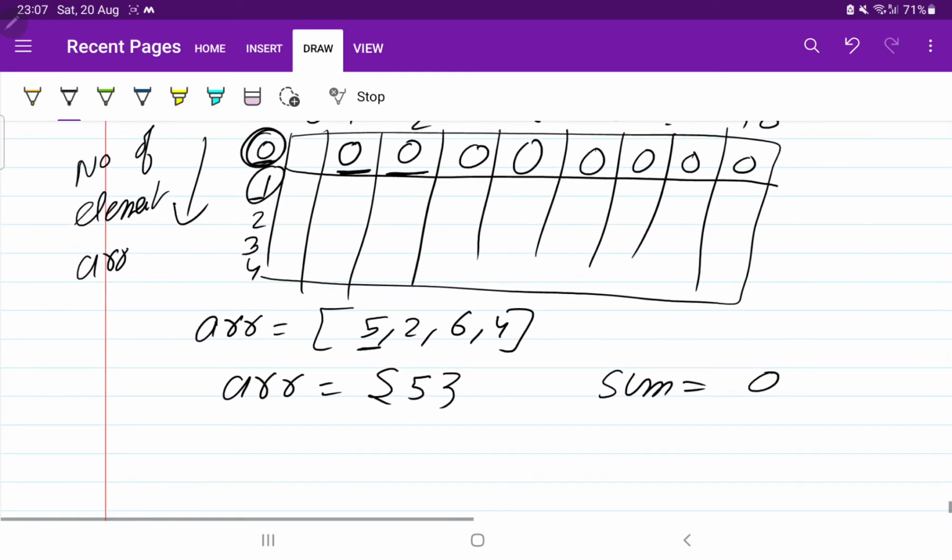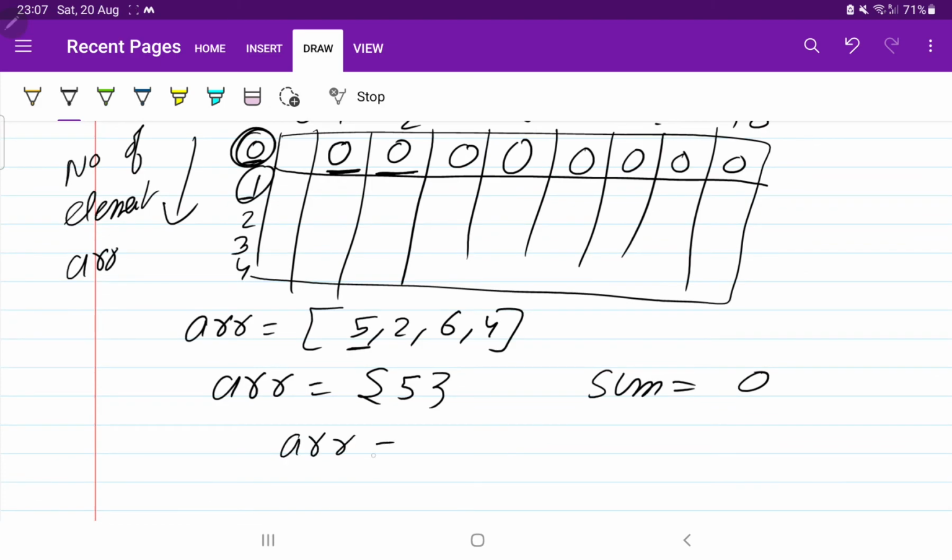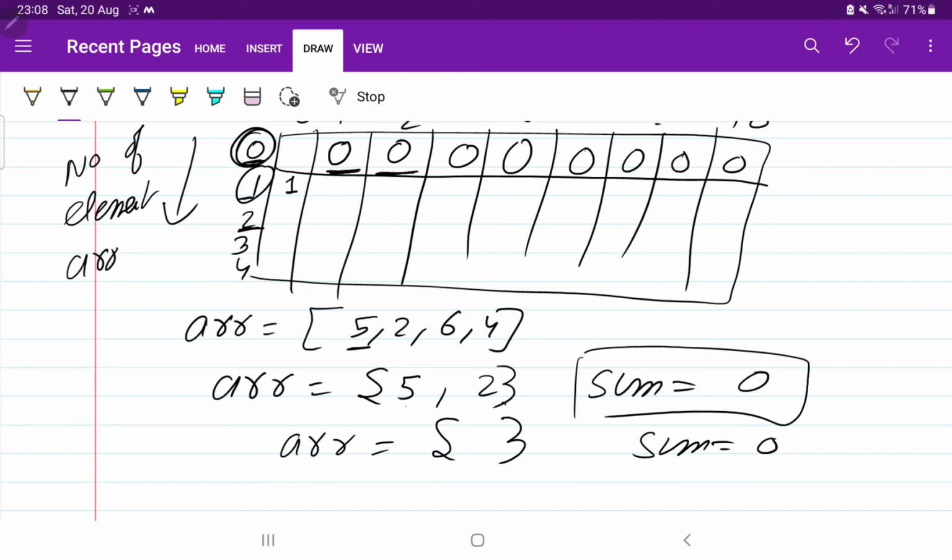Is it possible? Yes. If you select a null array, an empty array, a null array is also a part of this array, then we can get sum as 0. It means yes, we can get one. What does this tell? Instead of one element, now we have two elements, 5 and 2. So can we get sum as 0? Yes, still we can get sum as 0 if we choose the null set, so 1, 1. Similarly, we are going to get 1 here. So we have filled the first row as well as the first column.